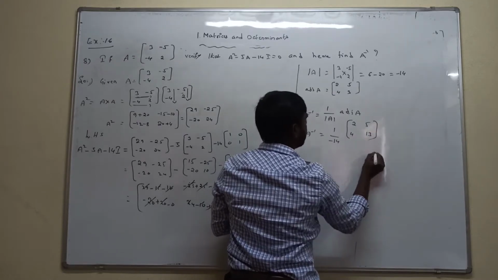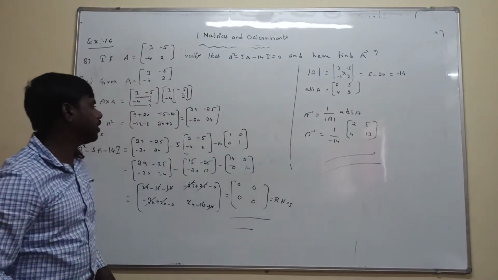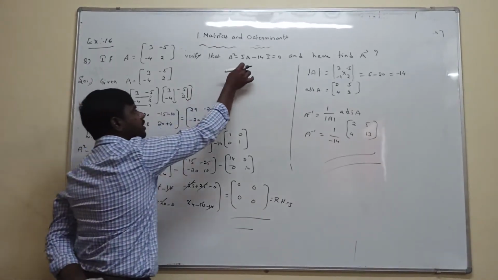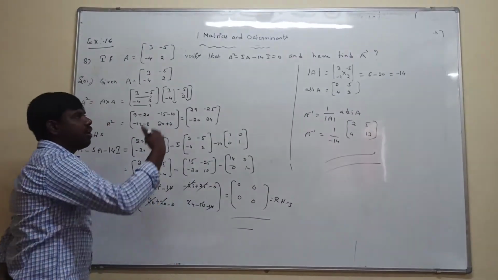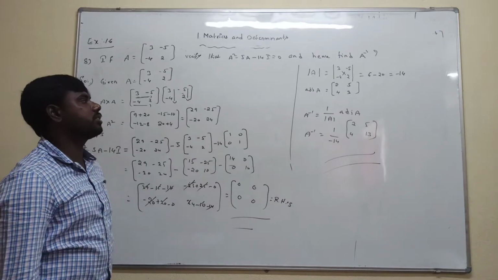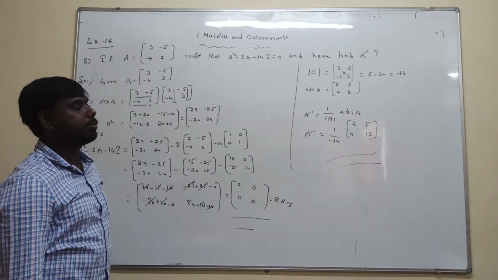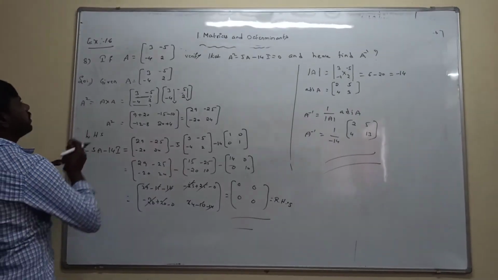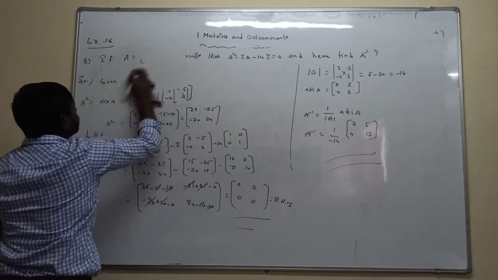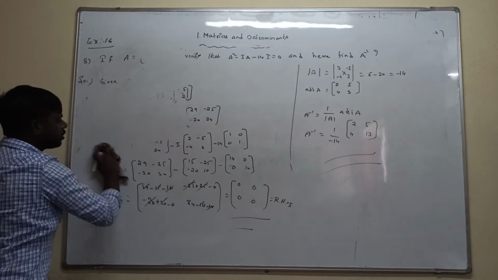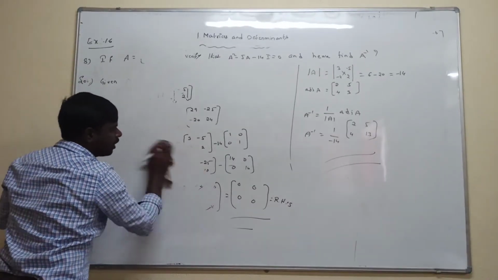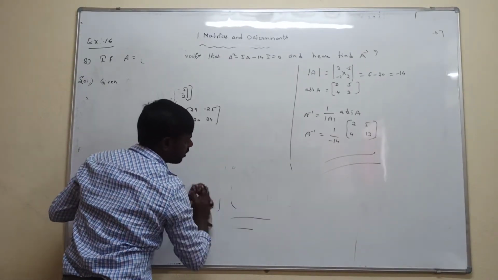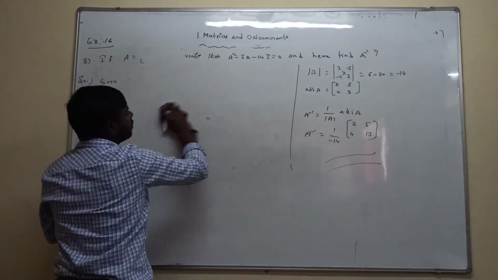Okay, this is the solution of this question, dear students. First we have to verify whether the given condition is equal to 0 or not. After that we need to calculate the inverse of it. Question number 9 is also the same thing, and I will explain that one now. See question number 9. I think everyone understands this question. Question number 9 is also the same thing, but the given matrices are different, and the numericals are also different.